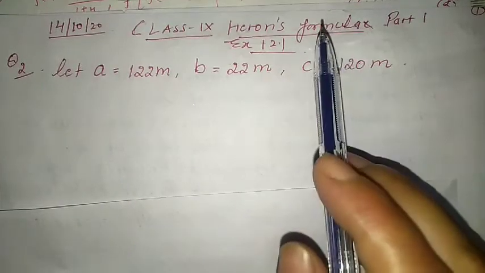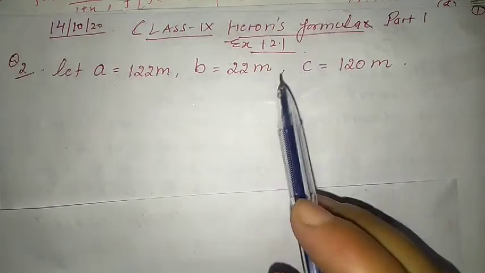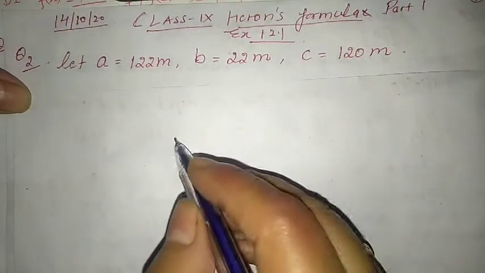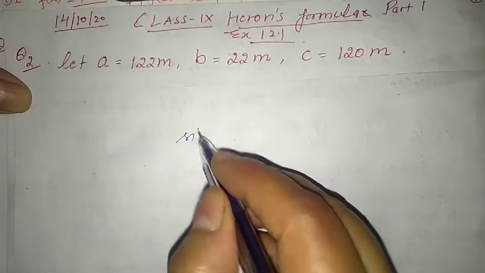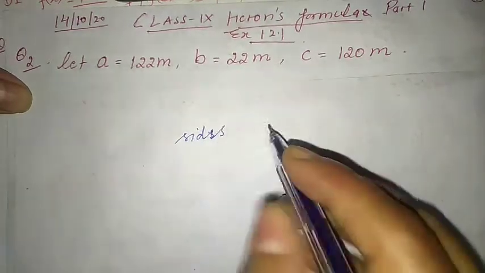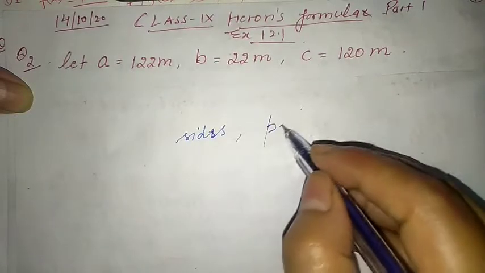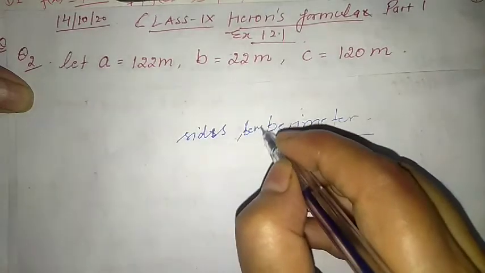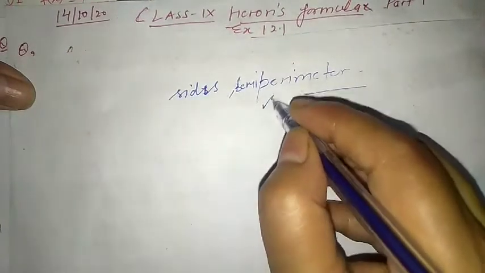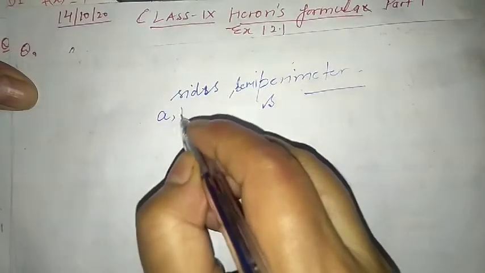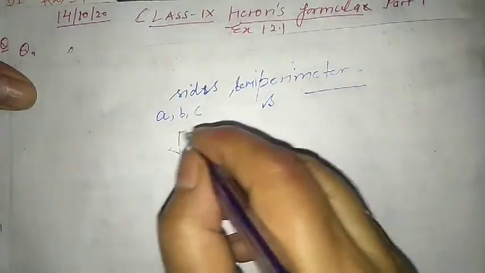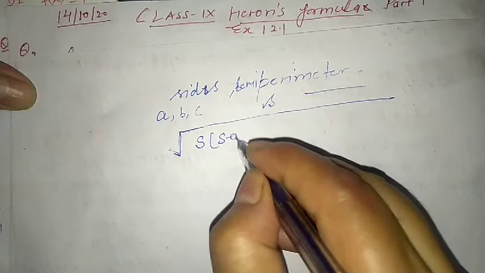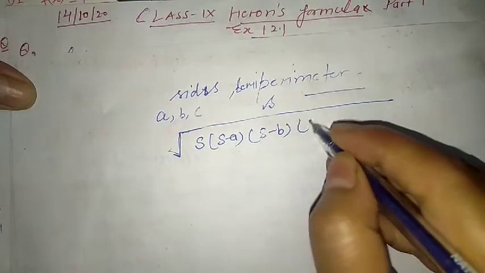Ma'am Preeti told you about the formula and the starting of the chapter. So just take a look at what Heron's formula is. Here we require the 3 sides and the perimeter. Perimeter is in the form of semi-perimeter. S is denoted by semi-perimeter, and let all the sides be denoted by A, B, C. We can find the area of the scalene triangle as root of S, S minus A, S minus B and S minus C.